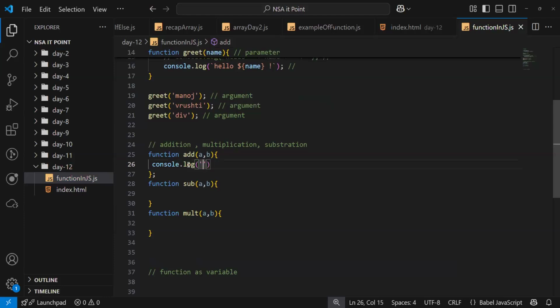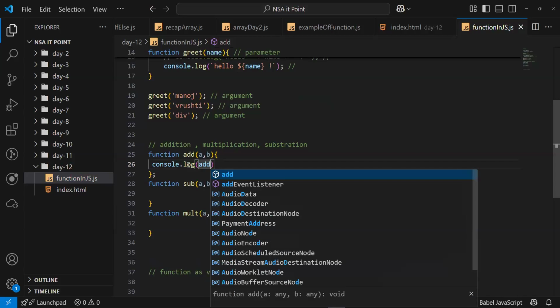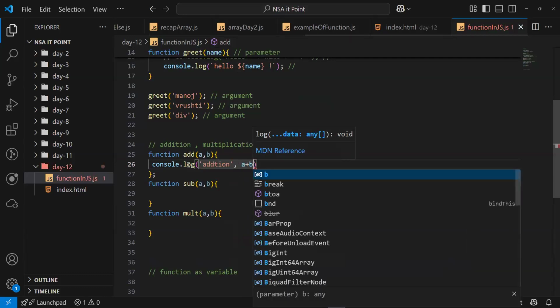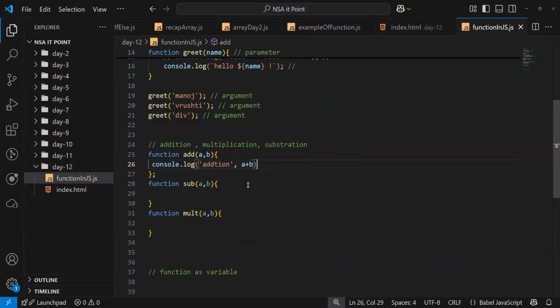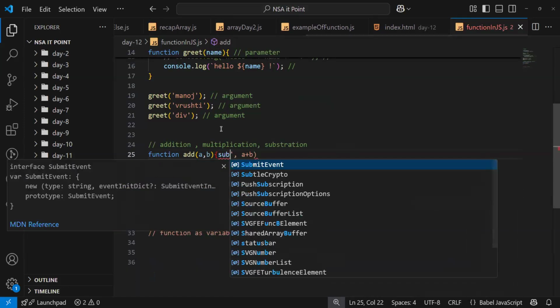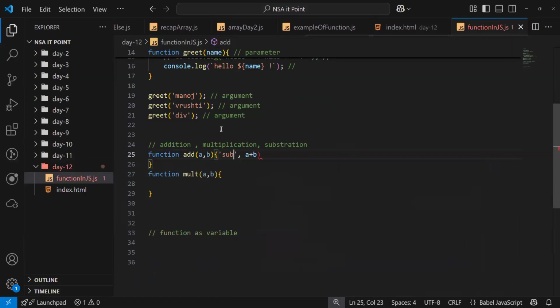It will return addition, comma a plus b. Same for sub, subtraction a minus b.